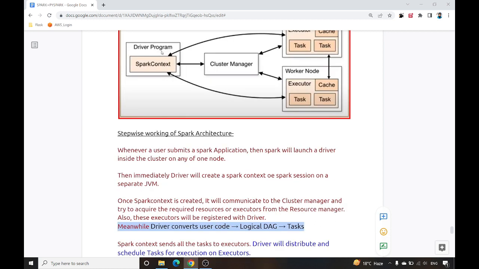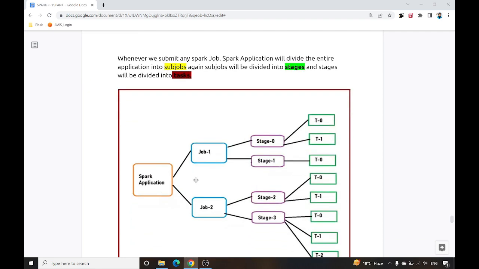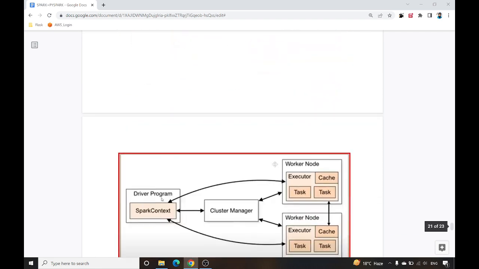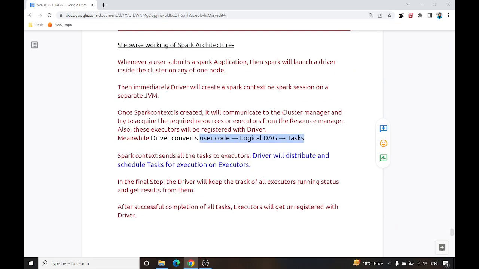Meanwhile, when executors are registering on the driver node, the driver will convert the user code to a logical DAG and then tasks. I told you earlier that a Spark job is divided into tasks. So the driver will take the user code and divide it into a DAG and tasks. Multiple tasks would be there.